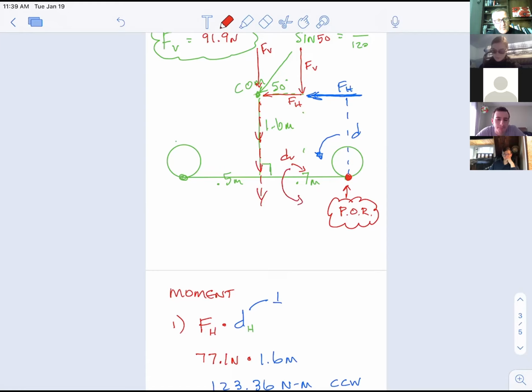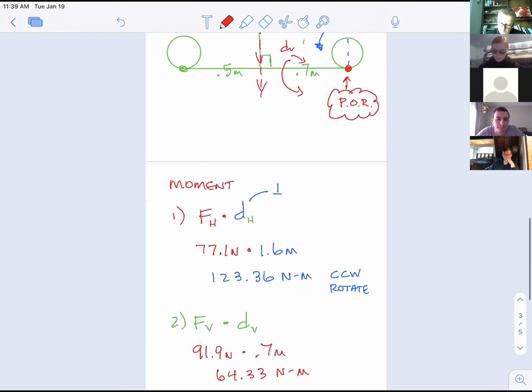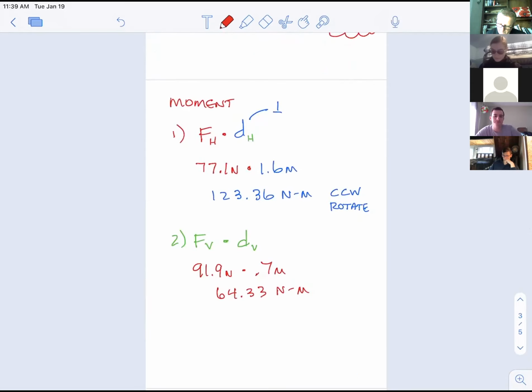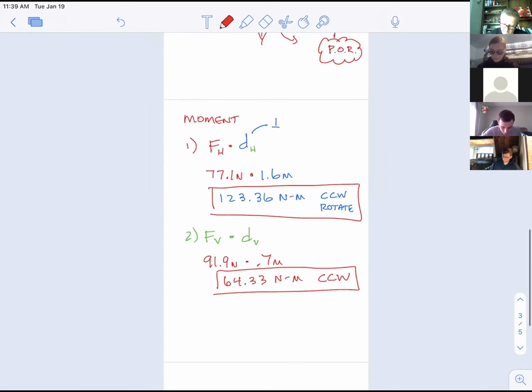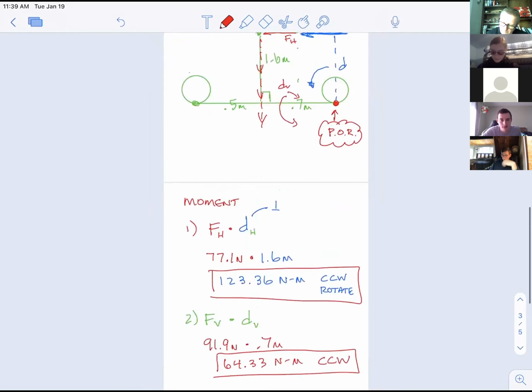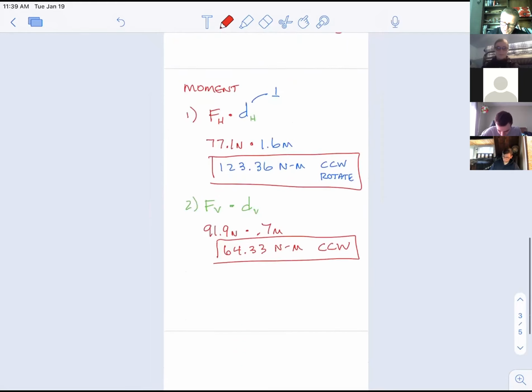Hey, that's counterclockwise as well, isn't it? So they're working together. They're not working against each other. If they were working against each other, we'd have to subtract them. Because they're working together, then the moment, and I'm going to label this P, point P for point of rotation,